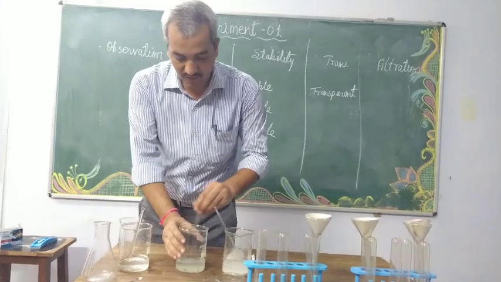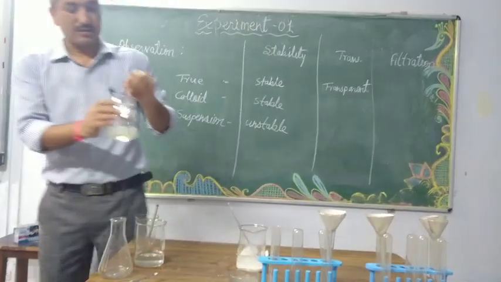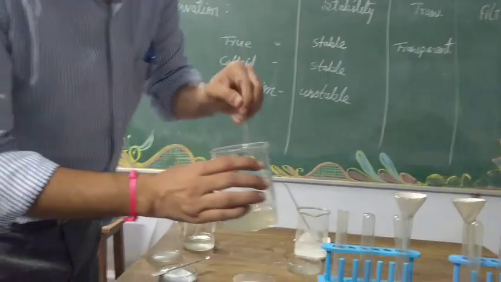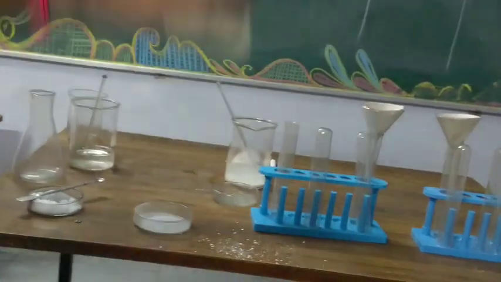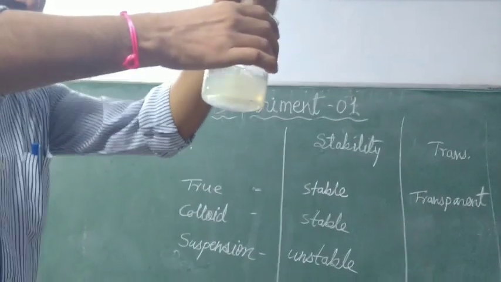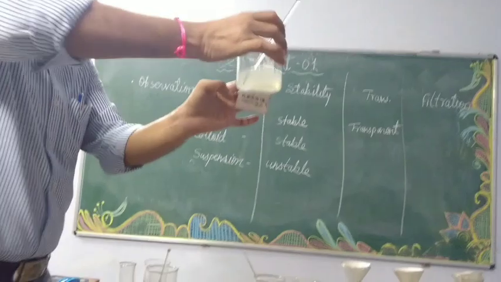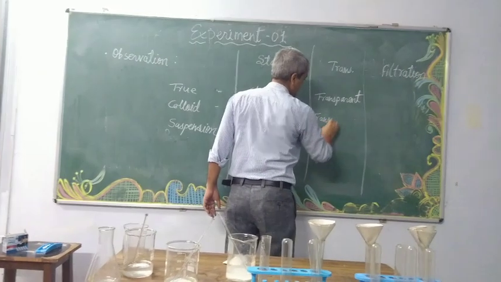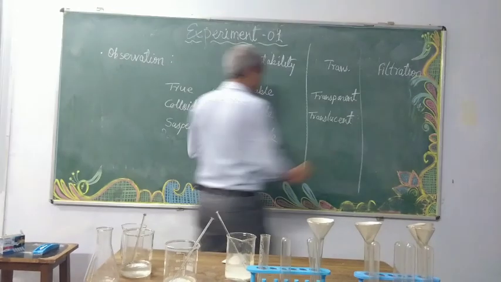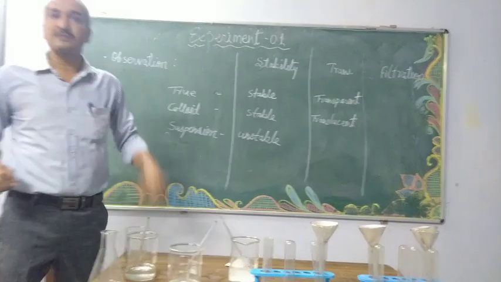Got it? Then what about this? Actually, a precaution has to be taken. Some yolk part is also mixed inside this. The albumin was not properly separated. But still you can observe the transparency here. It is somewhat faded. You are able to see, but it is faded. So this is translucent. Colloids are translucent in nature.